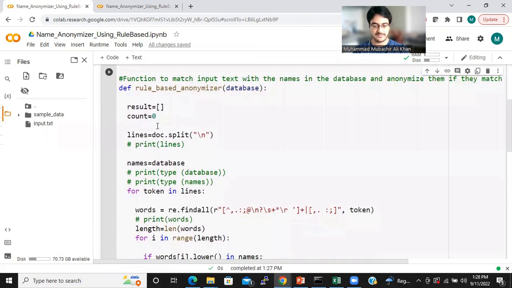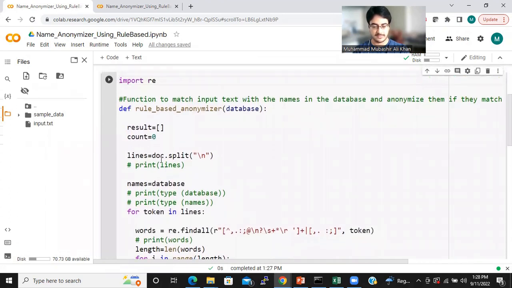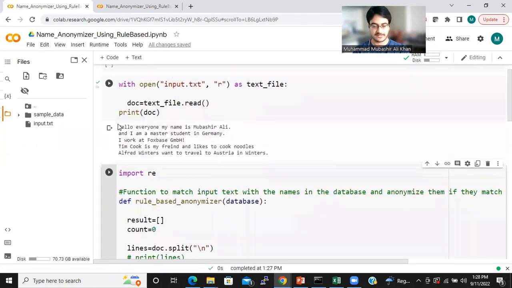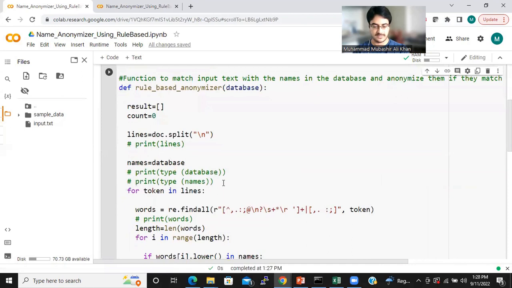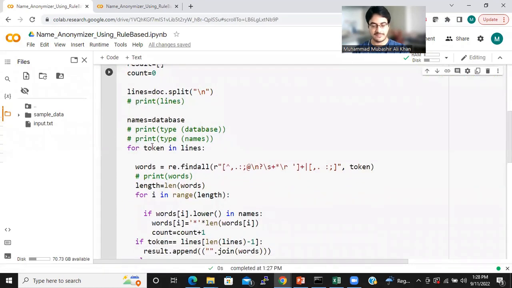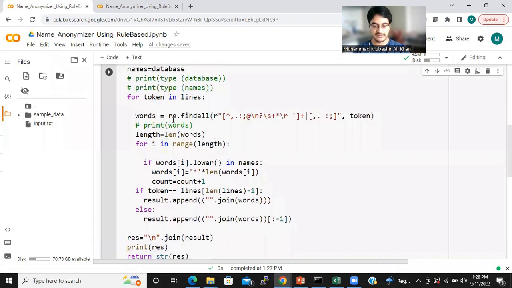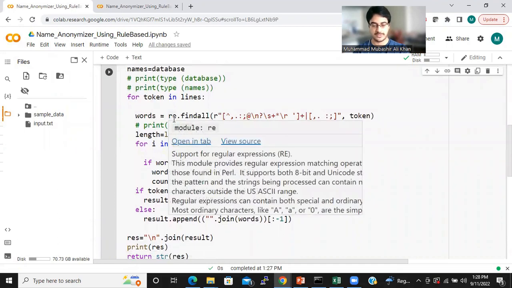So what we are doing first, we are taking this document and we are splitting it line by line. So we are first considering every one line at a time. This just means that. Then we are further parsing those lines into a single word. So we are now taking word by word. Next up, we are using the regular expression, which is a very powerful tool in Python to match the patterns